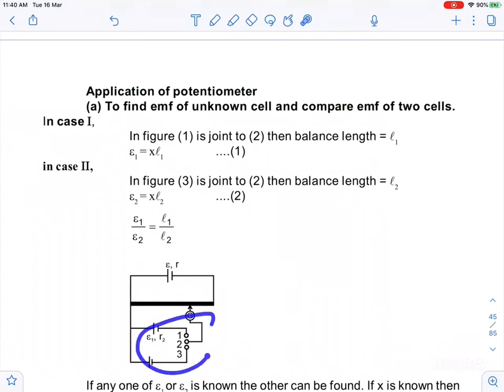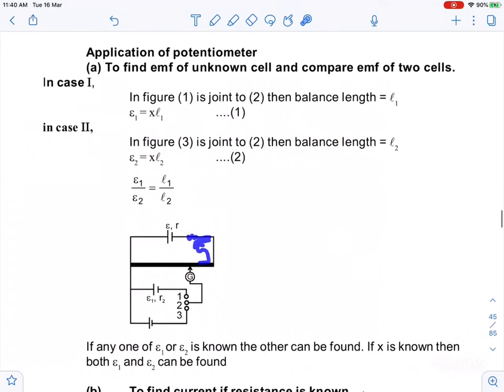and according to the value of K you can find out anything. Suppose, guys, this is my secondary circuit. See, this is the secondary, and this is the primary circuit. The primary circuit consists of a battery, and in the primary circuit there is also one variable resistor, which means this resistor can be varied, guys. You can vary this resistance also. So E and R are the potential and internal resistance of this primary circuit, and I have taken one circuit E1 R1.